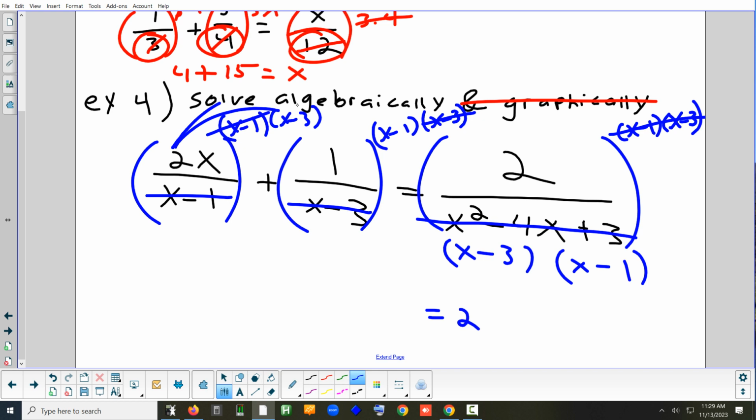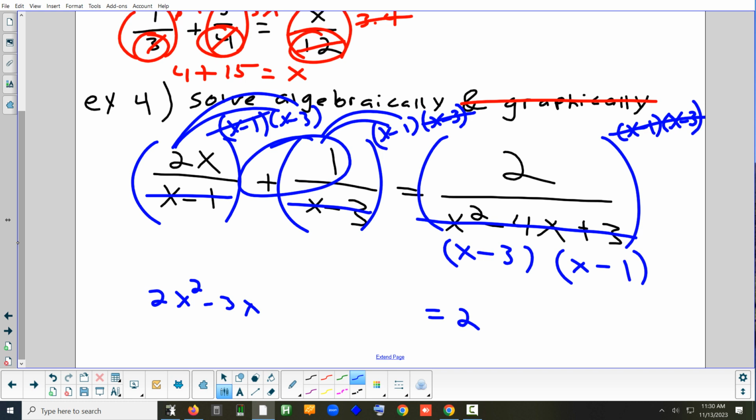And now we've got to do that on the left. So what's 2x times x minus 3? 2x squared minus 6x. And you're going to see it's going to turn into an equation that we've done a lot. Now, in the middle, nothing's really going to happen because that's what you're distributing, plus 1. So what do you get when you distribute positive 1? 1x